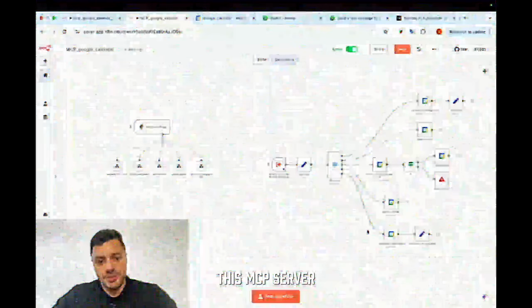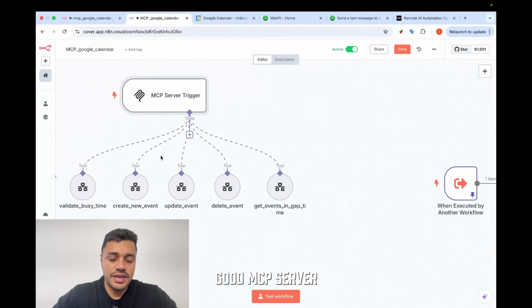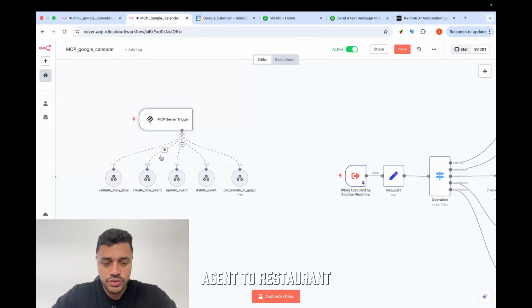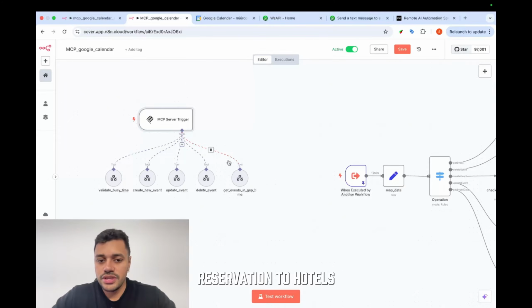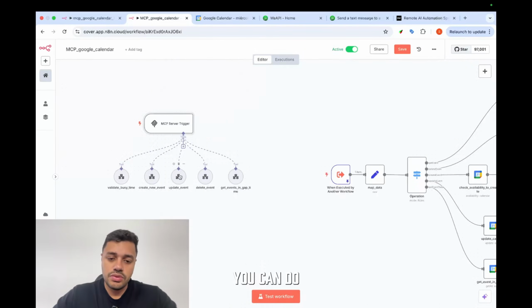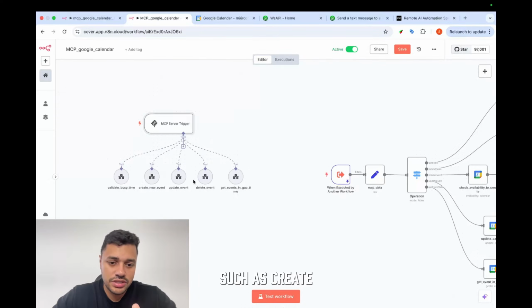This MCP server handles Google Calendar operations. It's a really good MCP server to use in use cases such as an AI agent for a restaurant, or if you have to handle reservations for hotels or schedule meetings for a client. This MCP server breaks down the different operations that you can do, integrating in your AI application, such as create